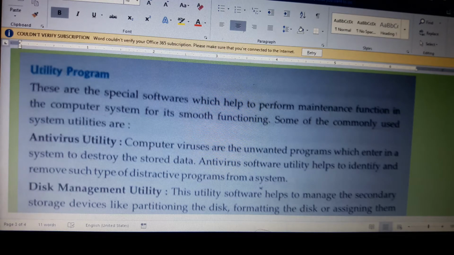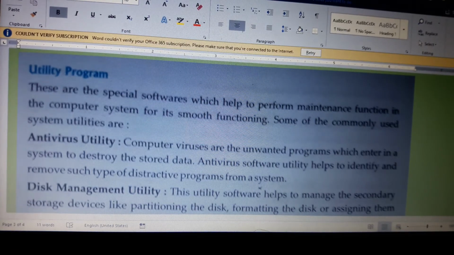To protect your files from these unwanted files coming into your computer, you need a program which can protect your files from being destroyed. So antivirus utility programs help to perform this.